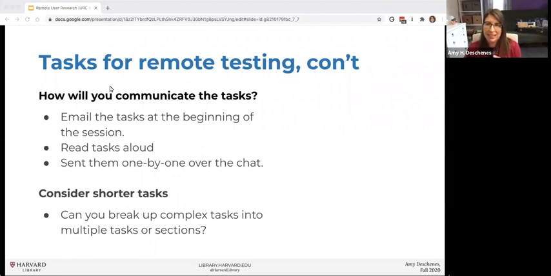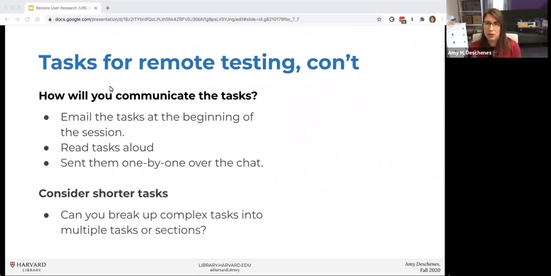So when you're thinking about adapting these tasks in a usability test for a remote environment, the first thing is, how are you going to communicate the tasks? There's a couple options. Depending on how you are structuring the test, you might choose to email the tasks at the beginning of the session. And then as you're moderating, say, bring up the email I sent you, and I want you to work through each task one by one, especially if you have complex tasks or are working with more complicated features. This can be a really good approach because you're able to write down the details, and so people can read them themselves. The second is what we did for the usability test for the seat booking: you can just read the tasks aloud to the person. For the seat booking, it was pretty straightforward. They weren't that complex, so that's what we did.